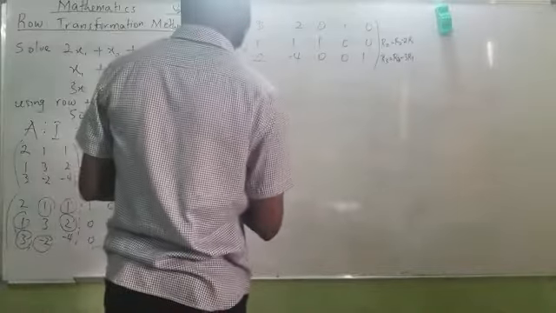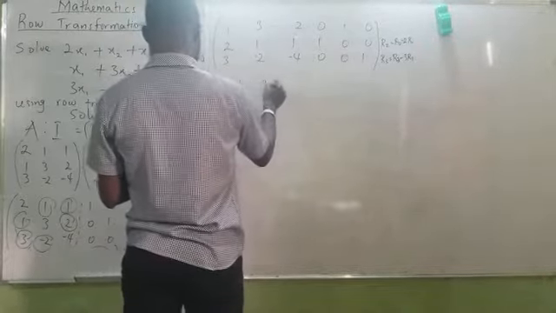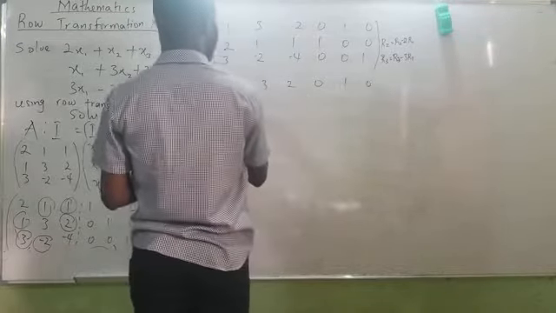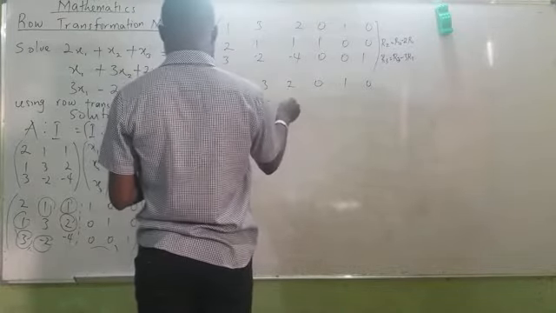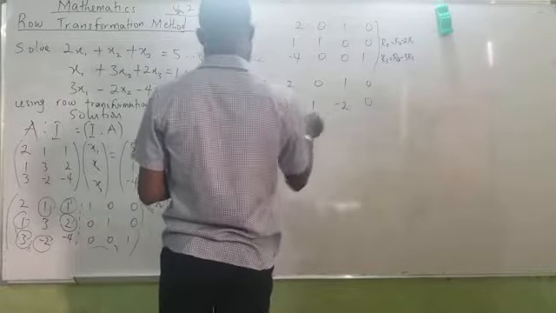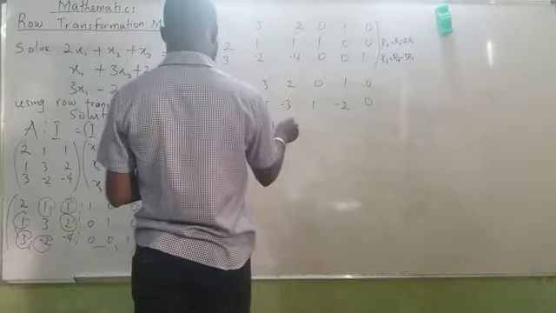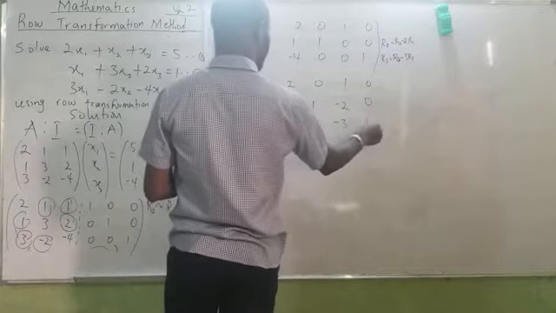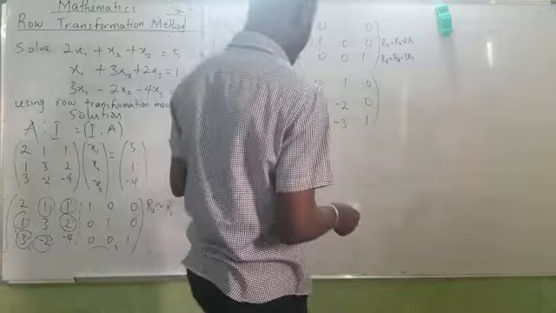Now, I think I have, normally I'll be having 1, 3, 2, 0, 2, 1, and this will be giving me 0, minus 5, minus 3, 1, minus 2, 0, and here will be 0, minus 11, minus 10 is 0, minus 3, 1. Now, this will surely be root 3